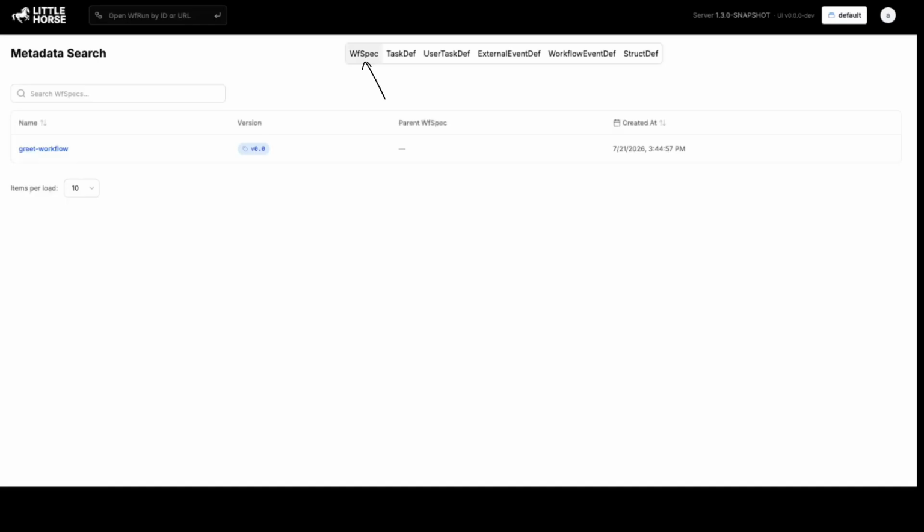Now, when we come over to the LittleHorse dashboard, we can see under workflow specifications that the greet workflow has been registered with the LittleHorse server under version 0.0. If we tap on greet workflow,